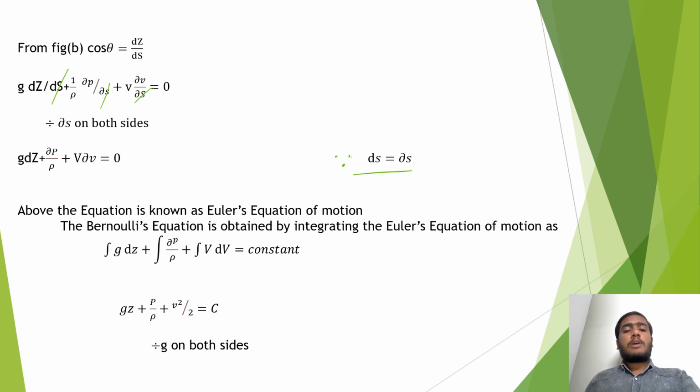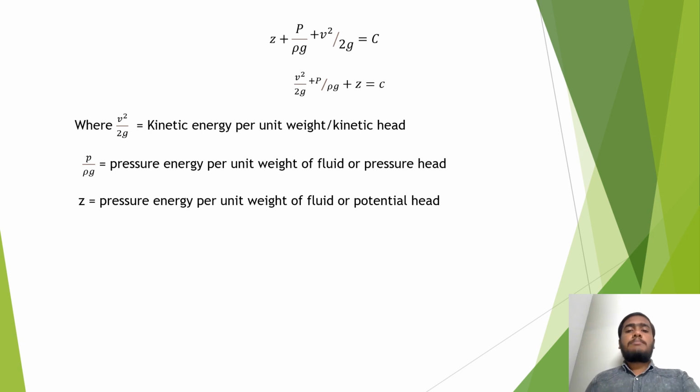The Bernoulli's equation is obtained by integrating the Euler's equation of motion as integration of g dz plus integration of del P by rho plus integration of V dV is equal to constant. gz plus P by rho plus V square by 2 is equal to C. Dividing g on both sides, we will get z plus P by rho g plus V square by 2g is equal to C. V square by 2g plus P by rho g plus z is equal to C, where